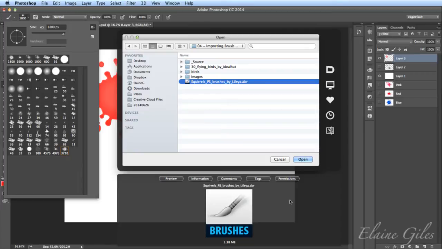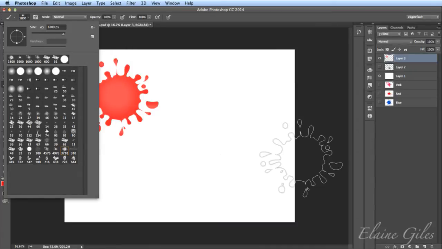Now, just to show you, I've got an application here called Default Folder, which gives me a preview of files, but it doesn't preview the brushes. So I don't get a preview of these brushes when I'm importing them. But I have the brushes there to import. They are a collection of brushes, and that's indicated by the fact that the extension is ABR, Adobe Brush Files. So it is a collection of squirrels, believe it or not.